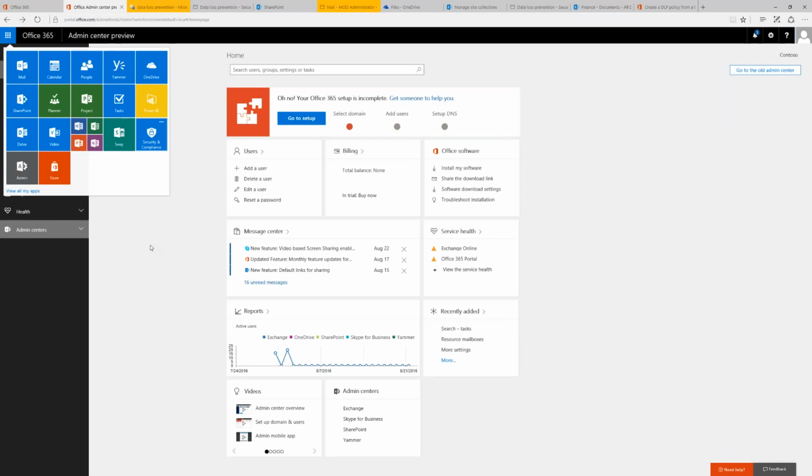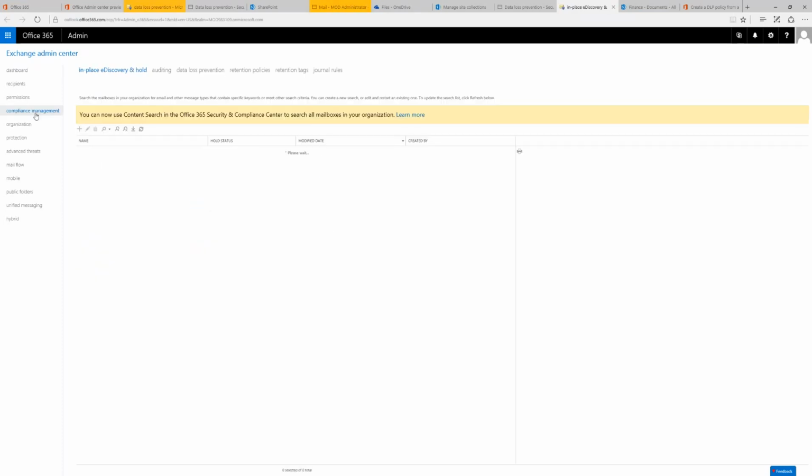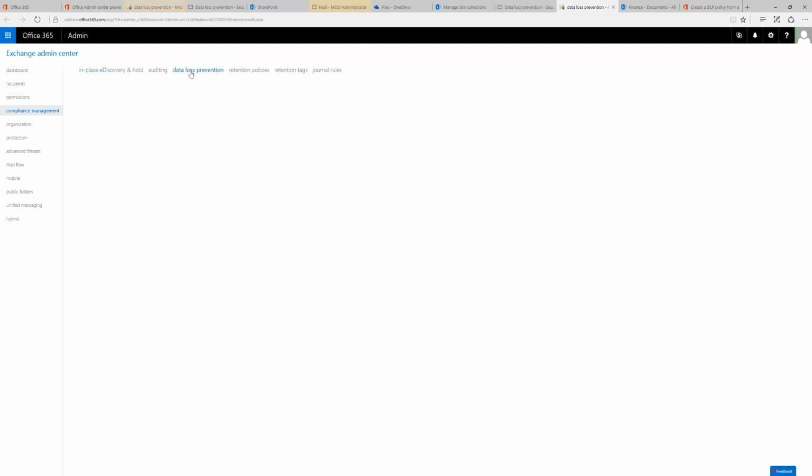And here's my Exchange Administration Console. And in here, I'm going to Compliance Management. And you can see again, it says there's the new Secure and Compliance Center that you can use to search content. But I'm going to go to Data Loss Prevention, and there is kind of a similar interface,